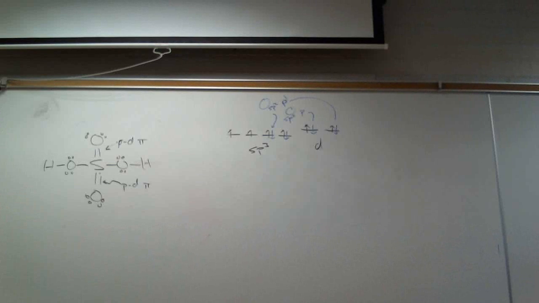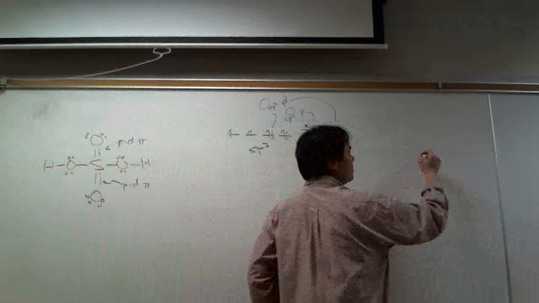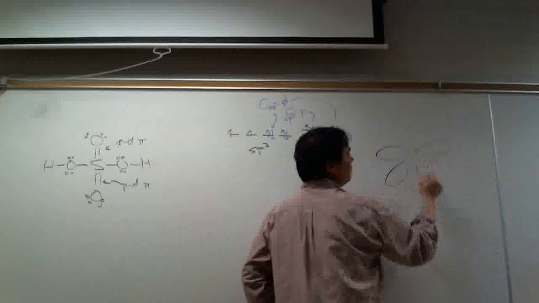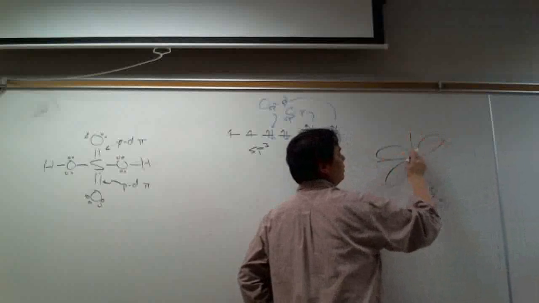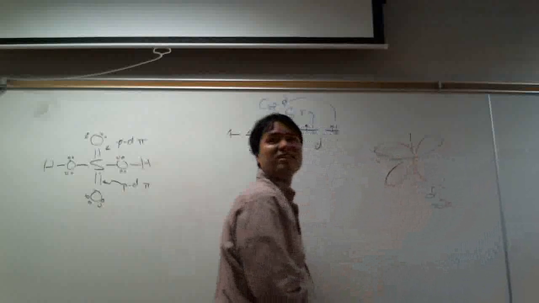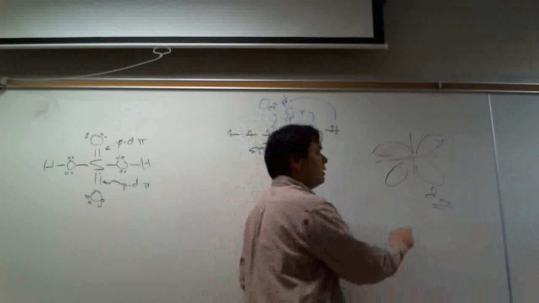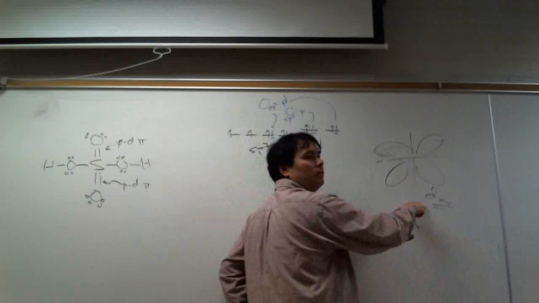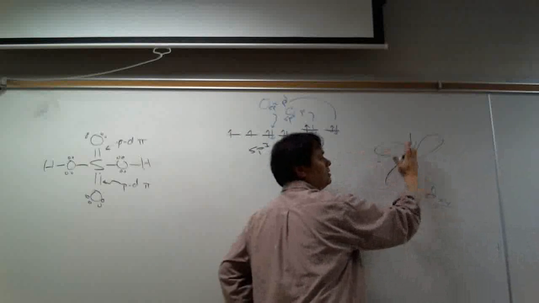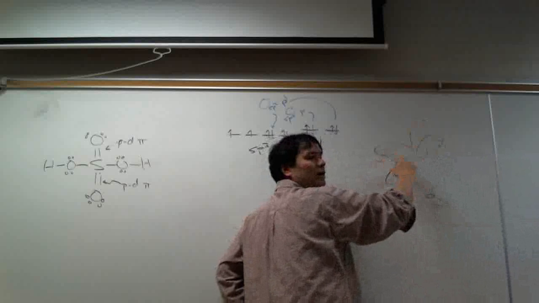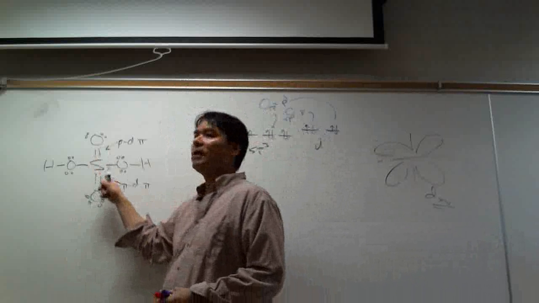Do you guys remember the d orbitals? I showed this before, I don't want to turn on the computer right now, but I showed the d orbitals, and they're in the planes. We had the dxy in the xy plane. You guys remember that? Some of you? Anybody? Or not at all? And then where are the other d orbitals? In the xz and in the yz. And if we think about these planes, they are like this, and like this. The planes are at what angles? At 90-degree angles. What's the angle here? About